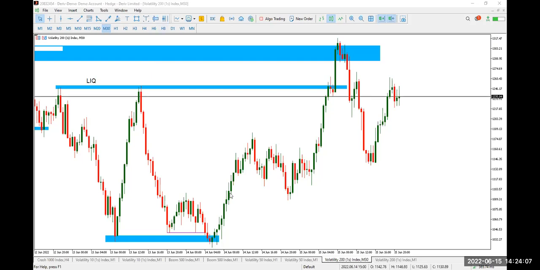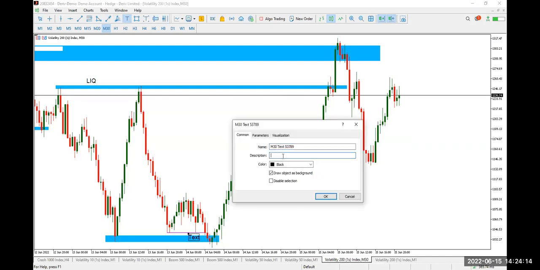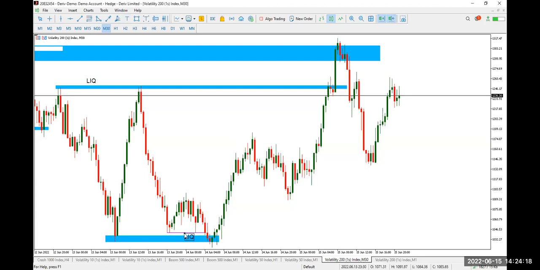Now, guys, you see, there's liquidity here. You just have to look for liquidity. This liquidity that they created here, they are telling us that they have a vision of coming back down. Look at it. They created liquidity in this place and they take it out. After taking out this liquidity,